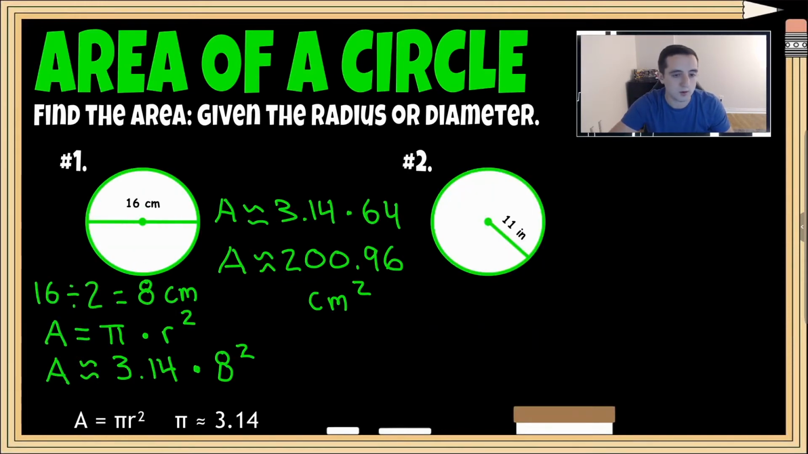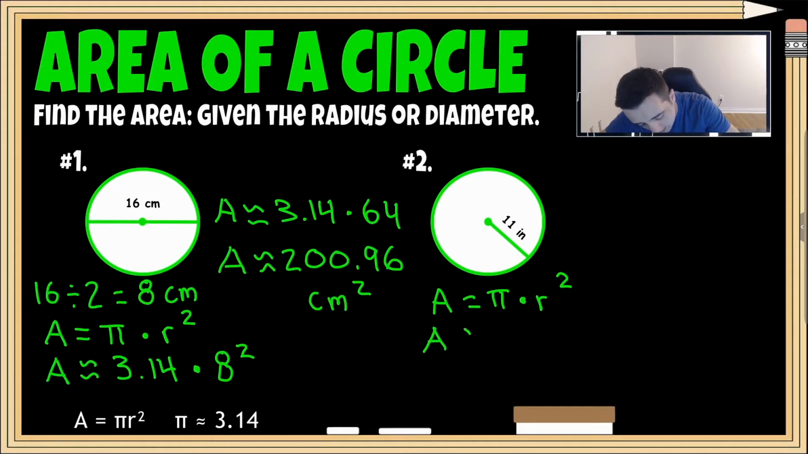So calculator out of the way. And this time around, we're given a radius, or half the length of the circle. So let's start out by jotting our formula. So we have area equals pi times the radius squared. Let's plug in our values. Again, equal sign goes to approximately since we're approximating pi. So area is approximately